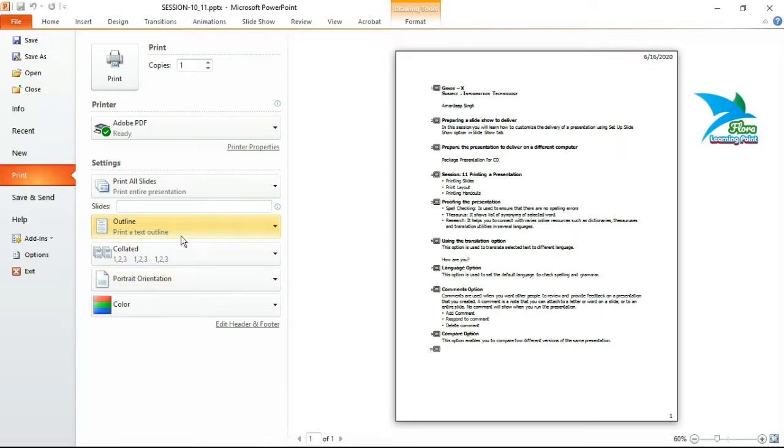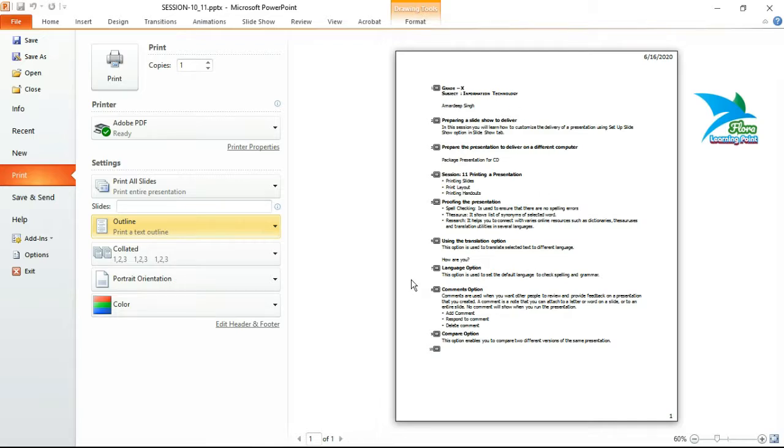Then Outline View. When you select this option, it will print the names of all the slides. For example, the first slide we have Grade 10, Section, Subject Information Technology. Then the next slide, Preparing a Slide Show to Deliver. The next slide, and so on. That means it will show you the contents only.